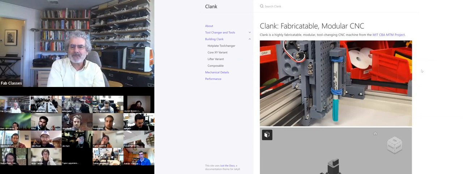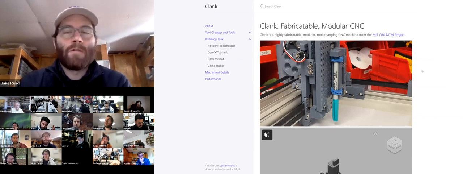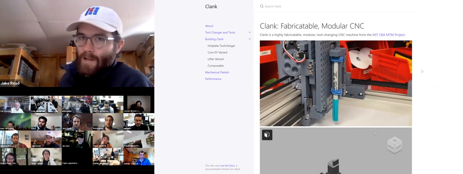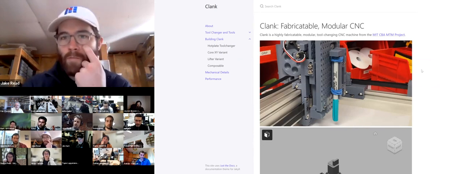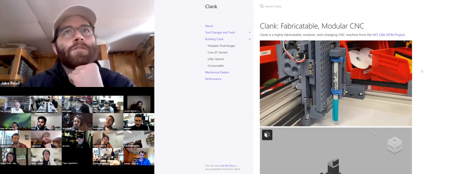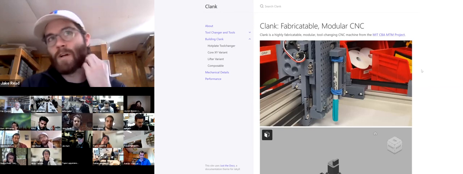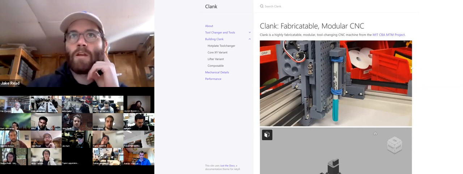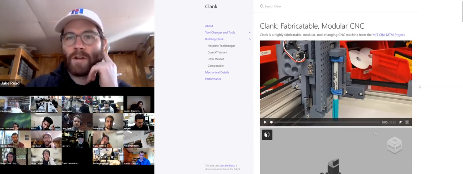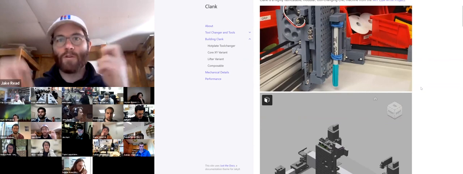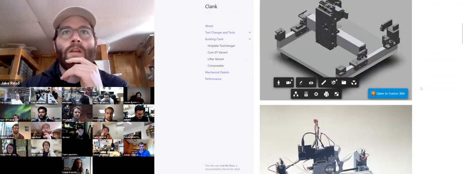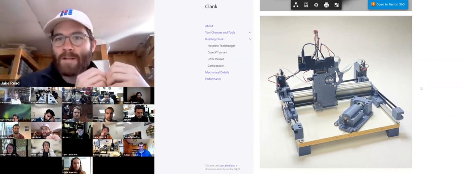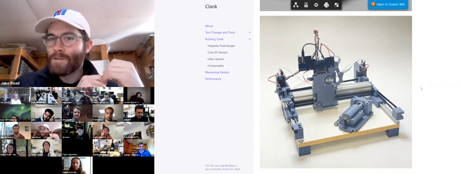Yeah, so I think I was going to speak mostly about Clank now, and then Leo's going to talk about modular things, which is sort of the latest incarnation of all the controls work. But I'll do a little bit here. So yeah, awesome to see everyone else's work as well. And in Nadia's lab, there was a tool changing machine. And we have also Clank, which is sort of similar in spirit, sort of one machine to rule them all. And it's entirely 3D printed. So it's also fabricatable, I think, which is a word that Jens invented, which is quite fun to say. I don't know if it's a real word yet, but